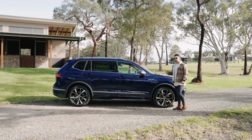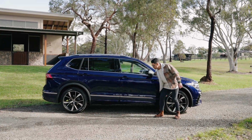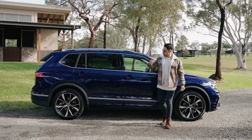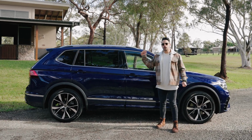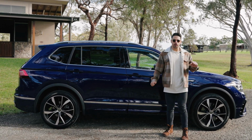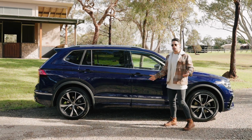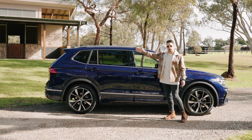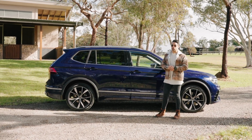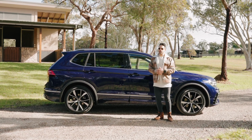So that R-line styling continues down the side of the car with the R-line badging on the door here. We've got the side skirts, the satin door mirrors, the satin roof rails. We've also got 20-inch alloys wrapped in Pirelli Scorpion tires, which is 255s at the rear and 255s at the front. The car is longer compared to the standard Tiguan due to the rear back seats, as it is a 7-seater. It does weigh 1,700 kilos, which isn't that heavy when you think about it, but it's still heavier than